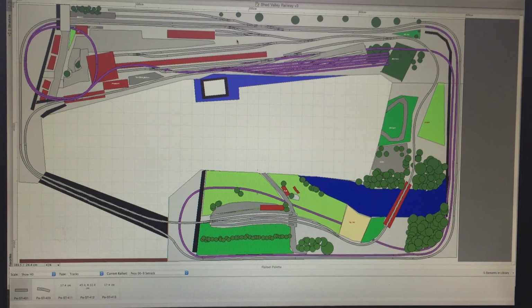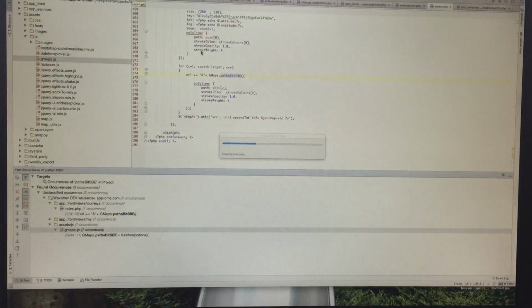What's changed here, I've basically tidied things up, linked all the track together properly because it wasn't all connected in all places, and that's allowed me to set the correct gradients and things. I think we can see, if we go view in 3D,